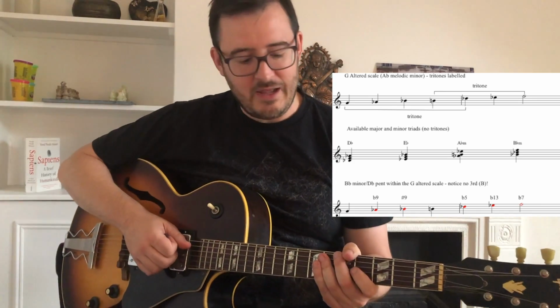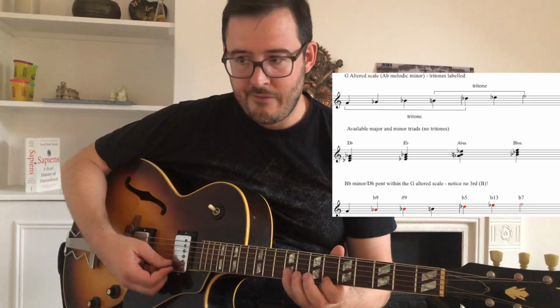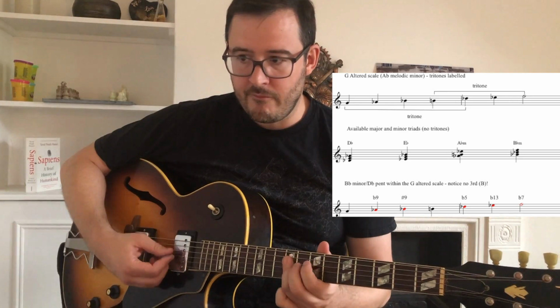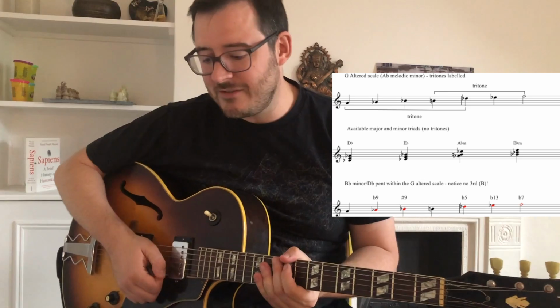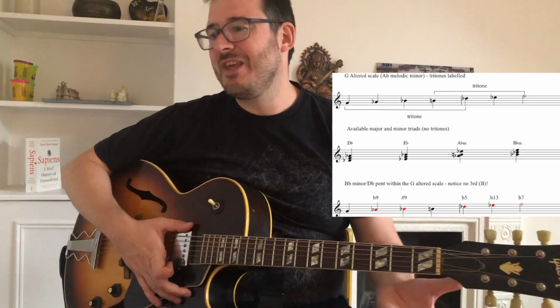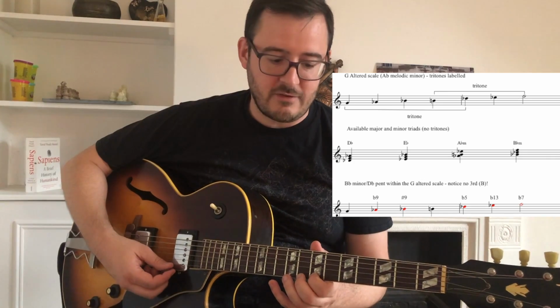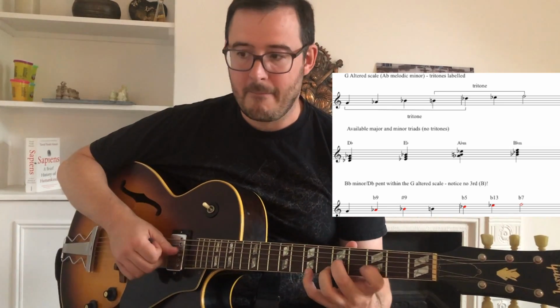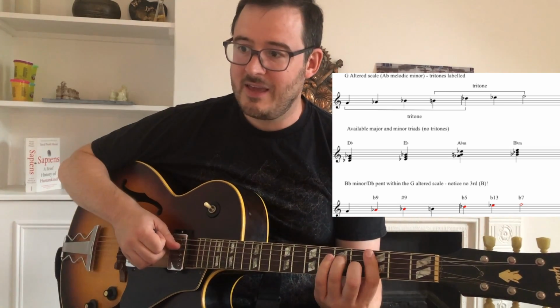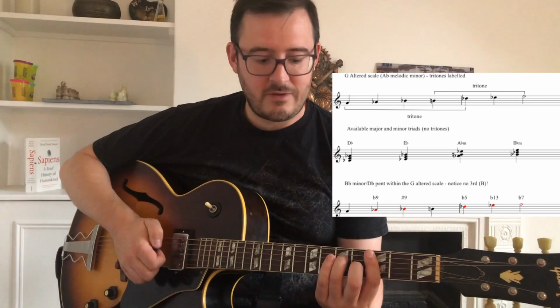And I feel like the Lydian is just a strong sound in its own right. I don't really want to use it all the time. The E minor has the interesting sort of upper extensions of that chord, but it doesn't take you too far away from that essentially major key sort of world. So, you know...